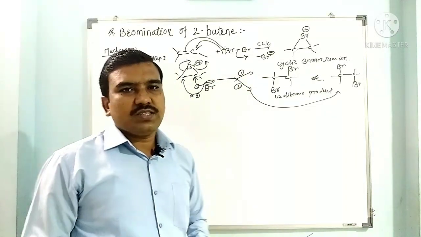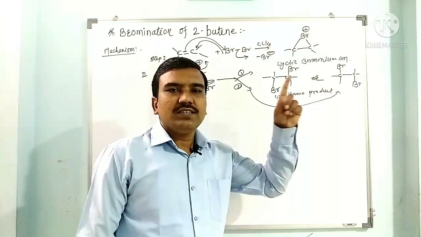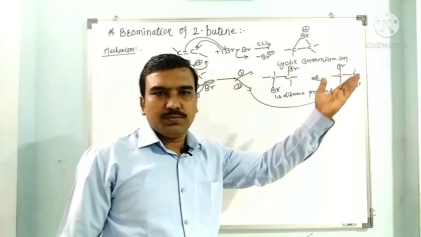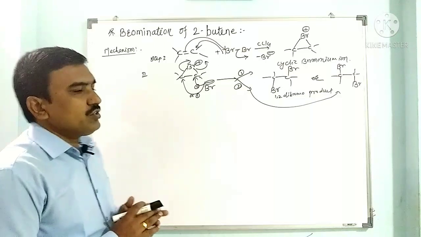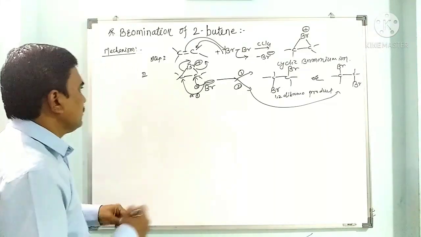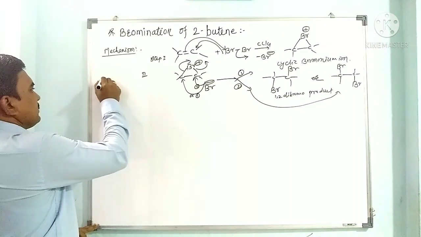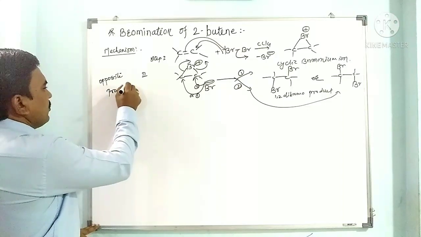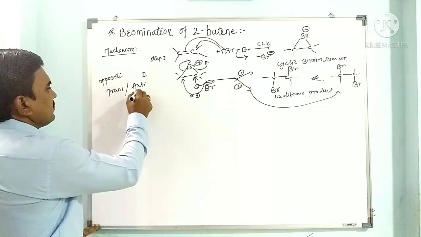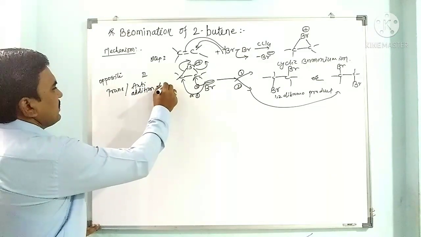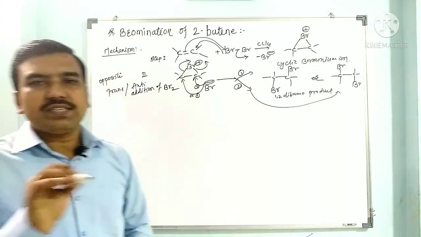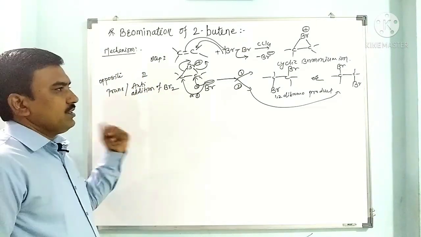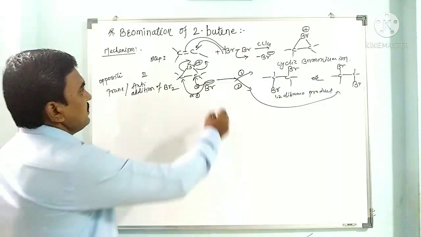What have we observed here? Here we got a product with anti-stereochemistry. So one bromine attaches from the lower side, one bromine is present on the upper side. So this is the addition of bromine to the opposite faces. So bromine is added across the opposite faces. So this is called trans or anti addition of bromine. So here we have seen the mechanism. Now I have to see addition across 2-butene.